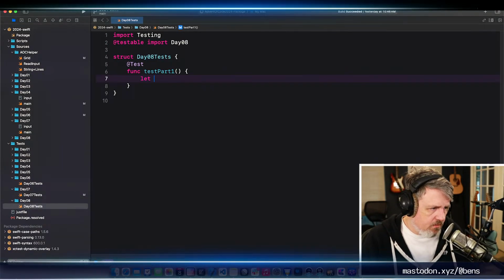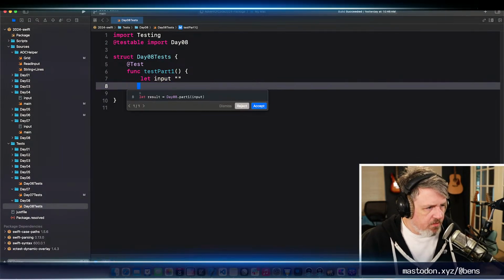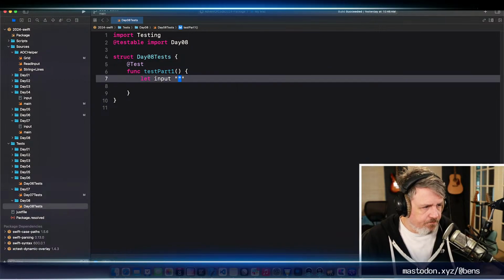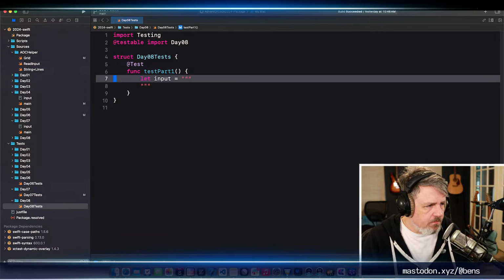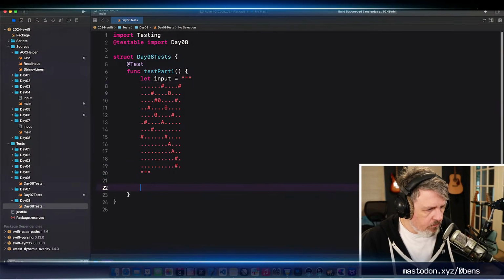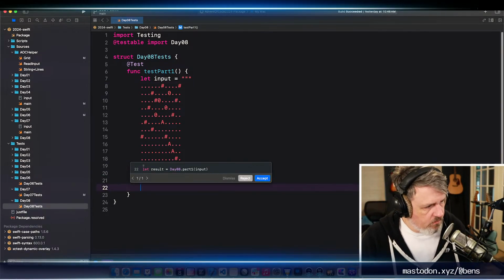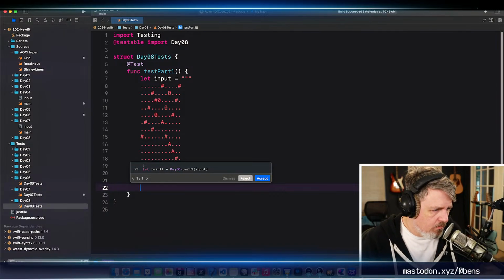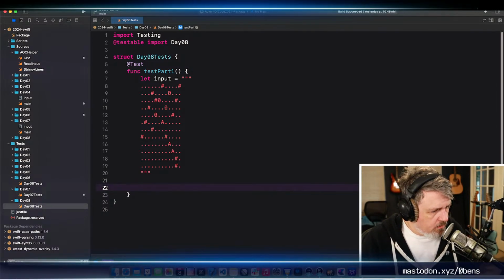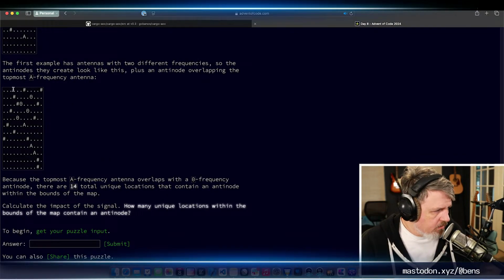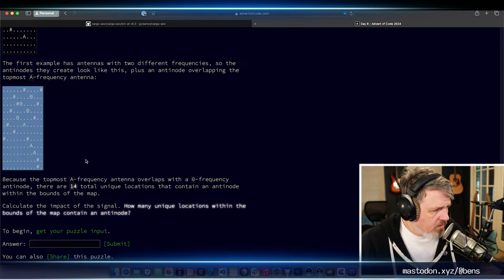All right, let's grab our input. And I'm not quite sure how I would like to be able to print out this map, but I don't know what I'm going to do if two nodes contain an antinode.